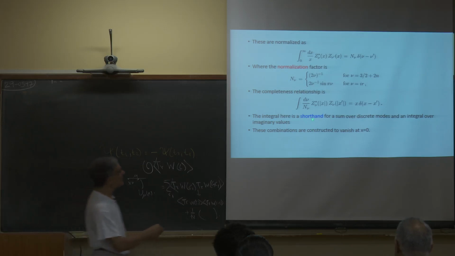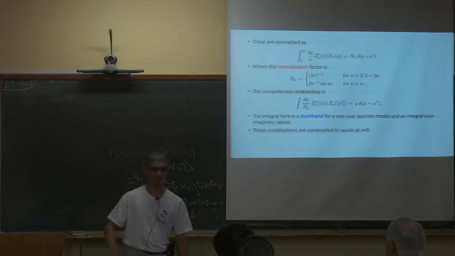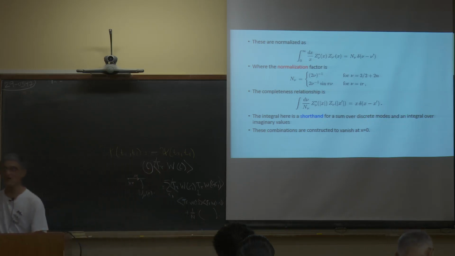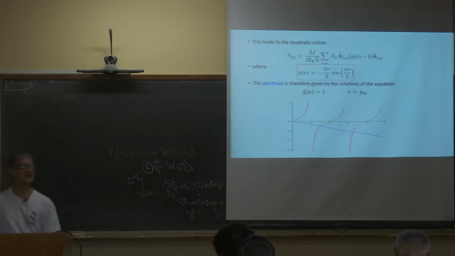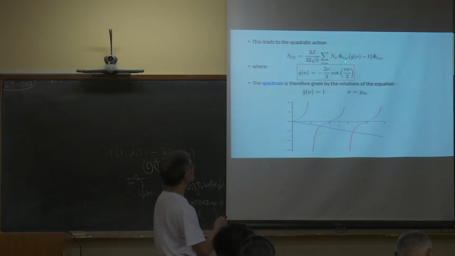I will write in various places this notation, which is an integral d nu upon 2 pi. What it really stands for is a shorthand for the sum over discrete modes and an integral over the imaginary values, so an integral over the imaginary axis. Okay. So, now we have all set up, substitute that in the action, and what you get is